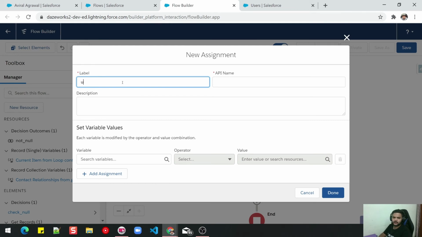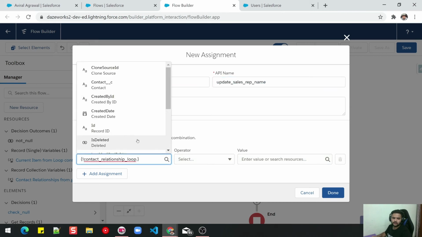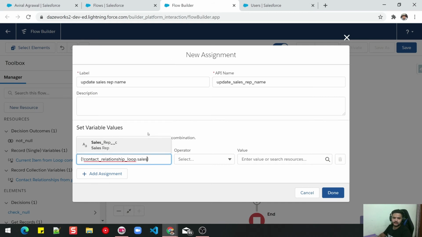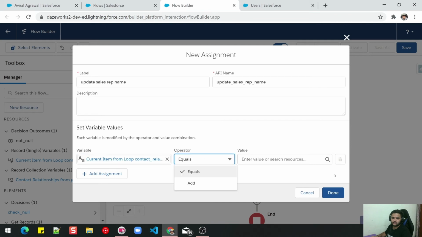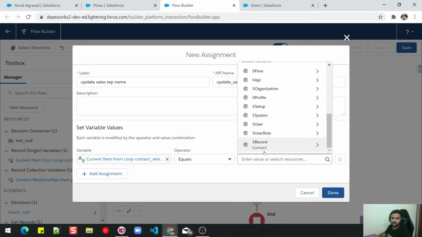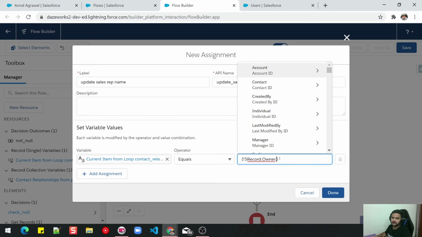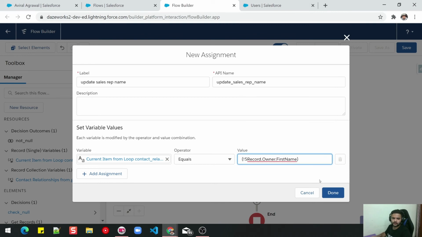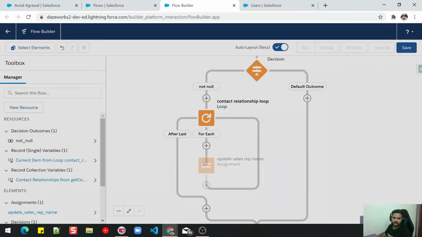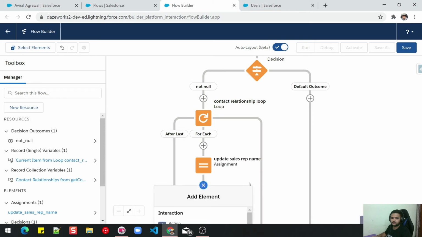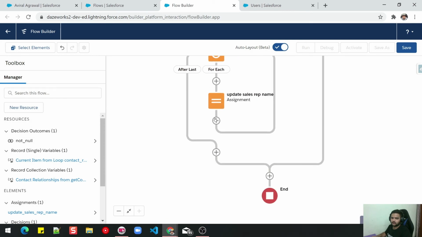So update sales rep name, right? Here I will get my loop variable, use sales rep equals, and I'll select my record owner ID, and here I'll pass the name, first name, right, and then I will add it to the new bucket.